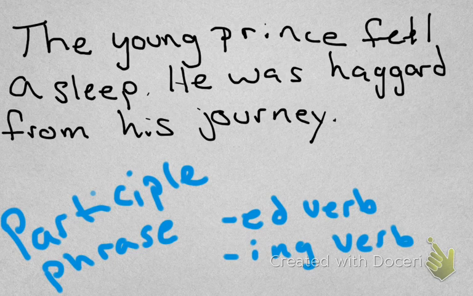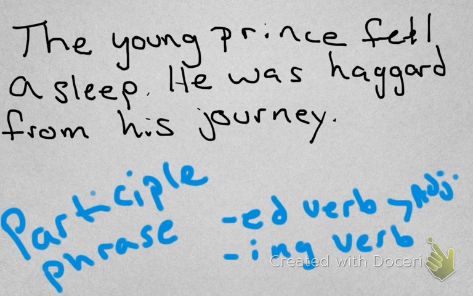And we know that they act as adjectives. So these verbs will act as adjectives. And adjectives describe nouns. So a way to deal with this, or to change the sentence,